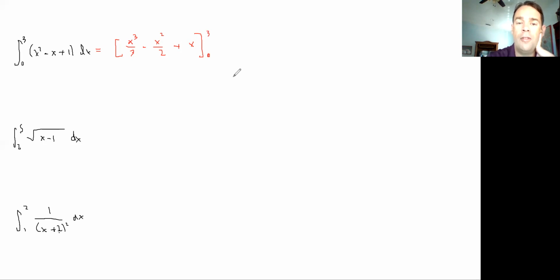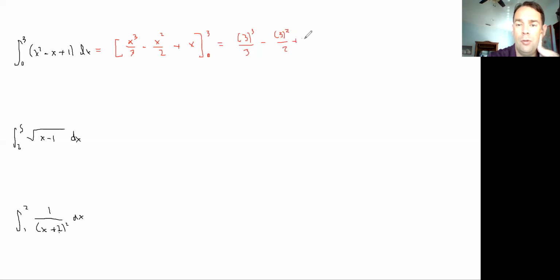So now, and you guys have heard me say this many times, on the free response portion of the test, we will not simplify it once we put our numbers in here. But on the multiple choice portion, we need to be able to actually go ahead and evaluate this. So we have 3 squared over 2